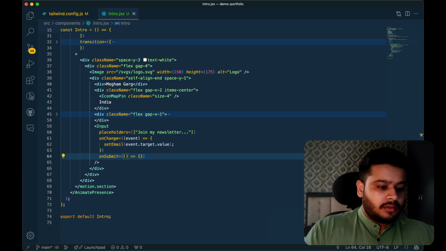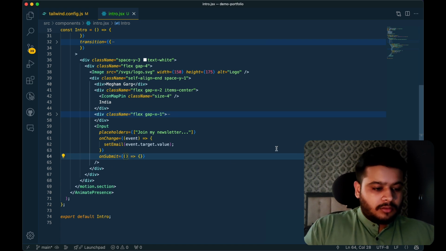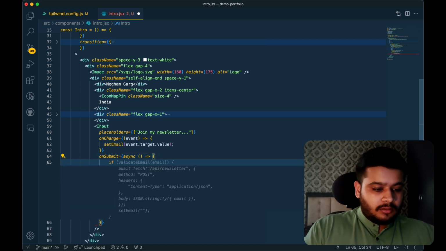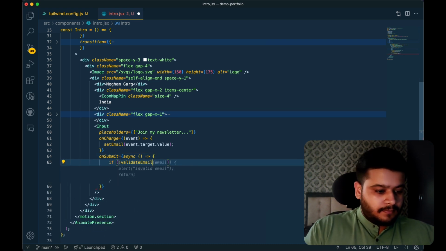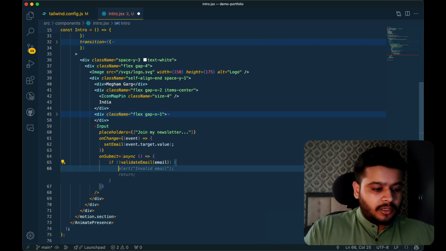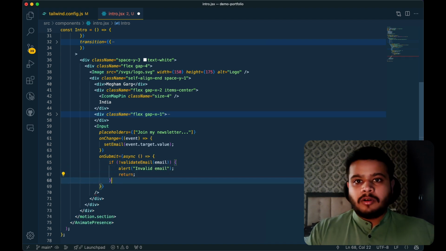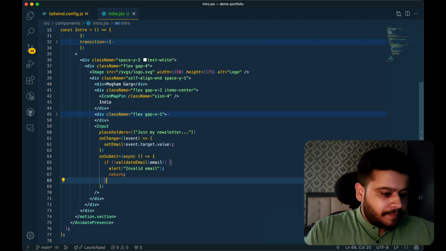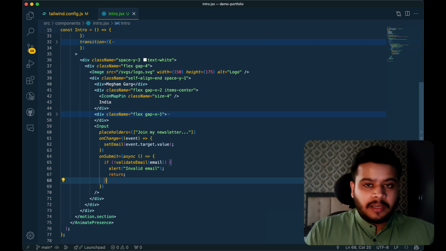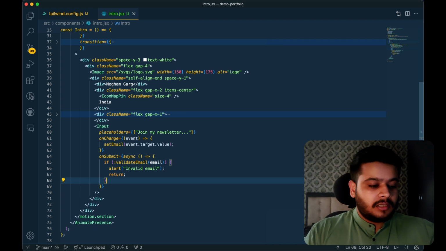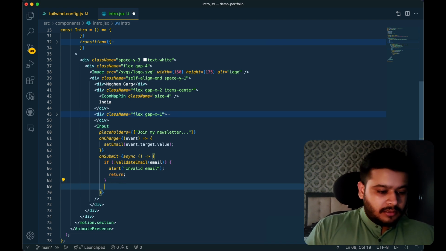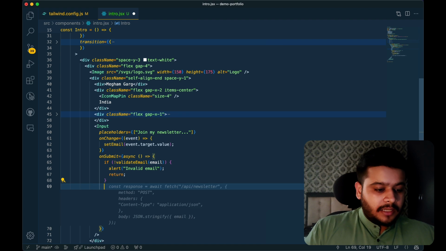First, try to validate our email. For now, just use the default pop-up provided by the JavaScript API for notifying the user that the email is invalid. If it is valid, we are going to add that to our